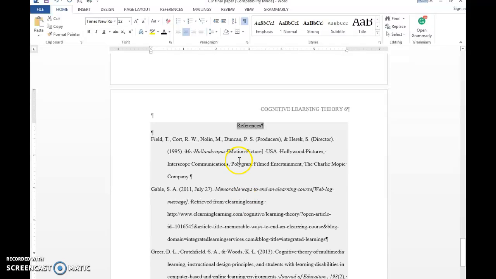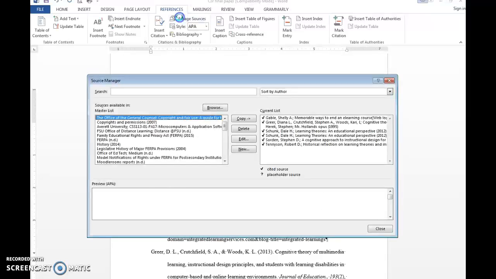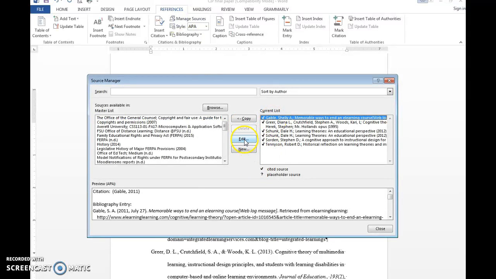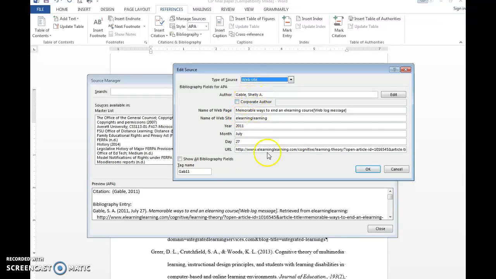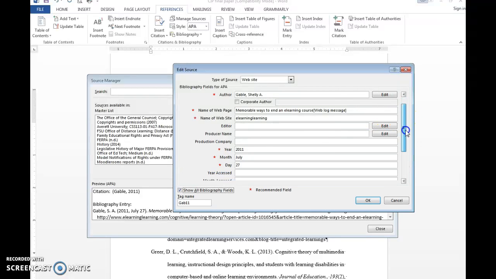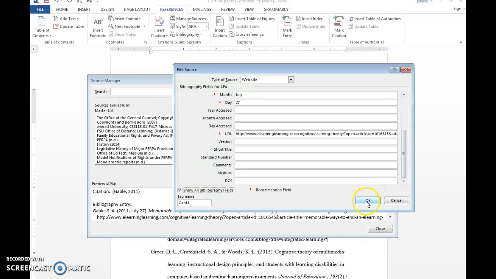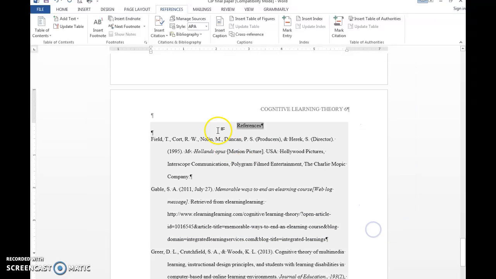And if something does not look correct, you can go back under References, Manage Sources. You can click on the one that you want to change, click Edit, and it will allow you to go back in and look at what you've entered. Scroll down to make sure that all the information is there, make any updates, click OK, close,